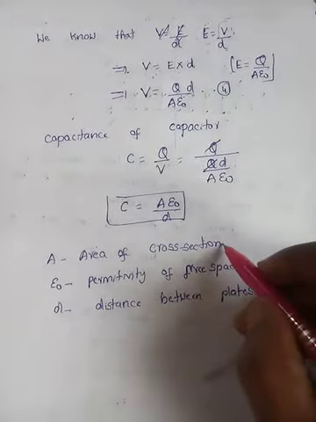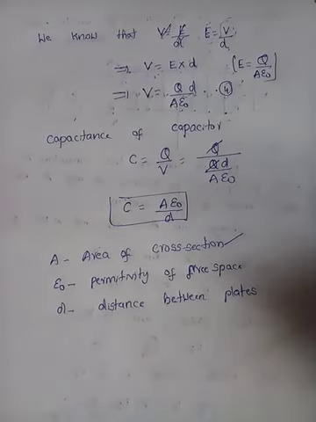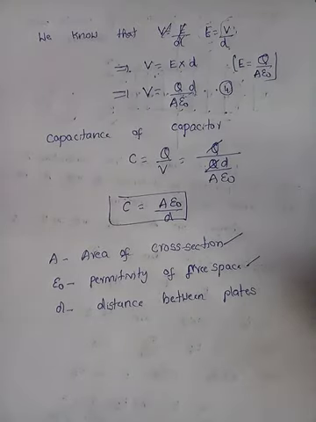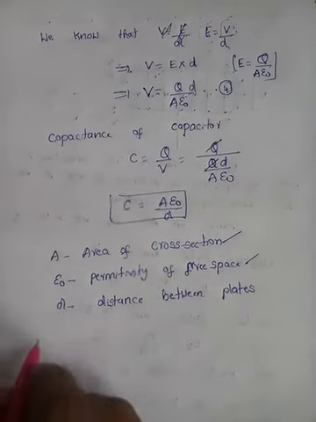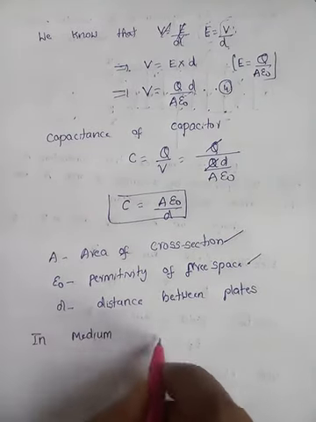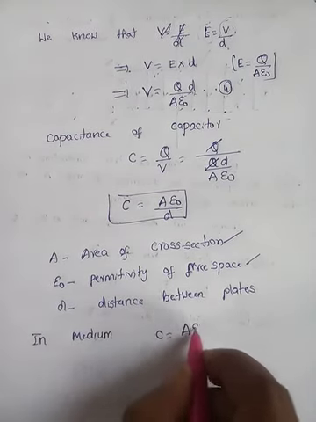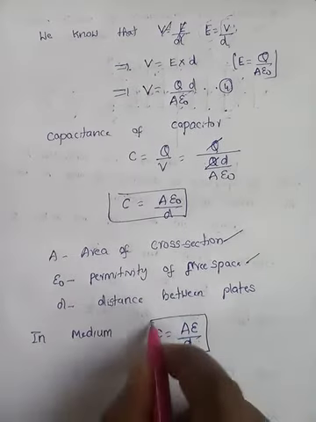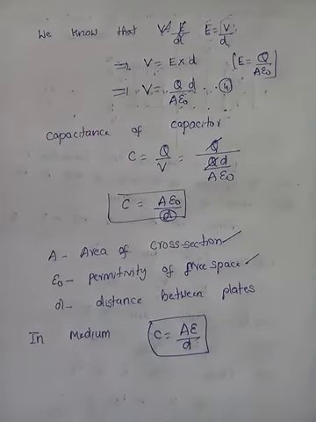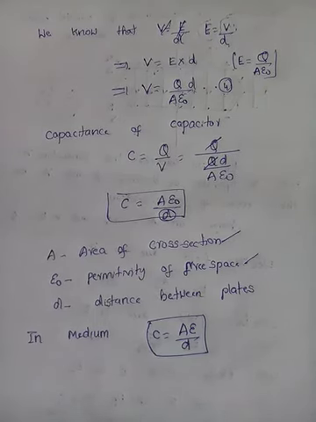See, area of cross section decides the shape. It indirectly depends upon what? The shape of the object. Epsilon naught, if it is placed in a medium, it can be written as what? In a medium, epsilon naught is replaced by epsilon. So it depends upon the nature of the medium and the distance between the two plates, so nothing but the size of the capacitor. So this is the formula for capacitance of a parallel plate capacitor. It's very important, dear students.